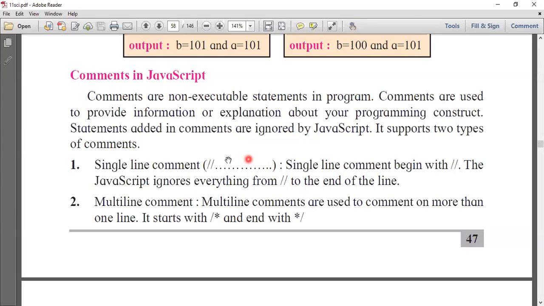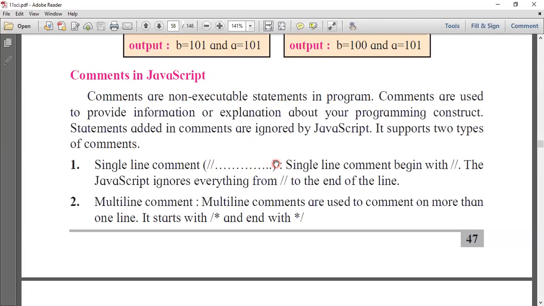So whatever single-line content you have to block, by using the prefix double slash you can block that code or sentence. That sentence will remain in the code, but it will not execute and it will not give output on a web page.